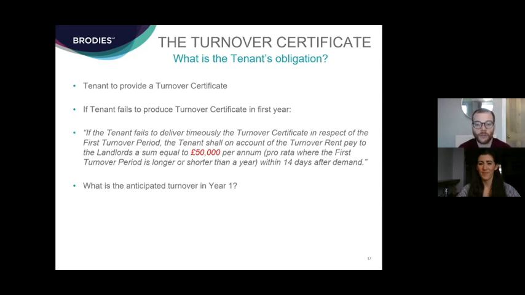So if they don't produce the turnover certificate at the end of the first period when they should, then the tenant will have to pay a sum equal to £50,000 in this example to the landlord. Now, that £50,000, that's the figure that would be open to negotiation between the parties, and this clause is probably where we need to take most of our instruction from,